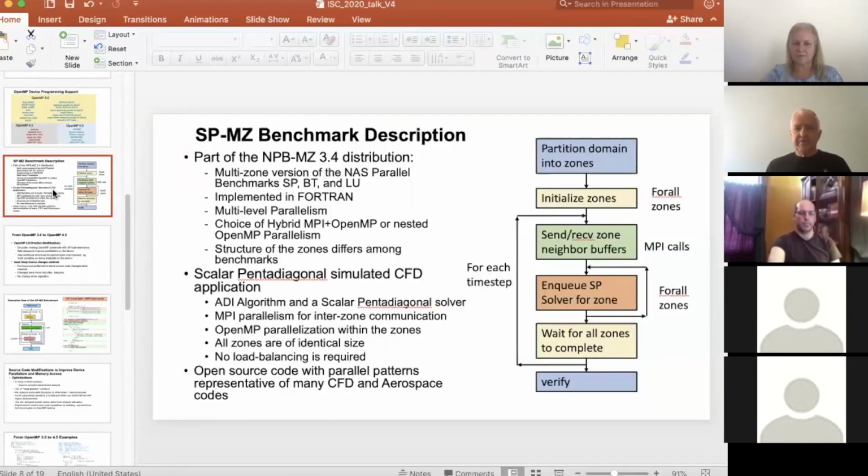Okay. I guess now it's time to give some explanations about the target, that was the code that was the target of our porting efforts. And this is the SP-MZ benchmark. That's the purpose of this slide, to provide you some background on the SP-MZ benchmark. What is it? It is part of the multi-zone versions of the very well-known NAS Parallel Benchmarks, SP, BT, and